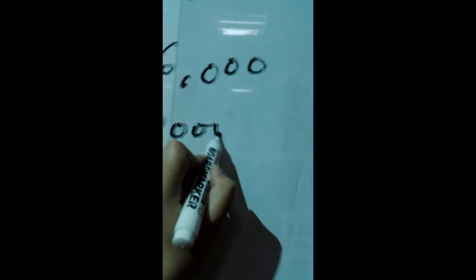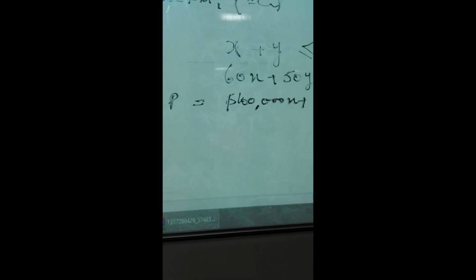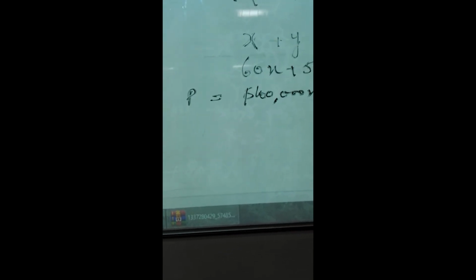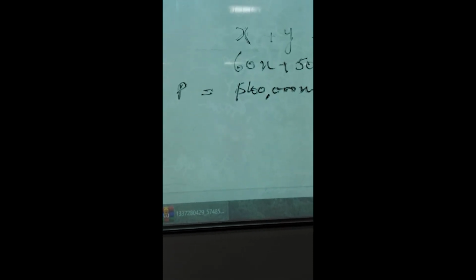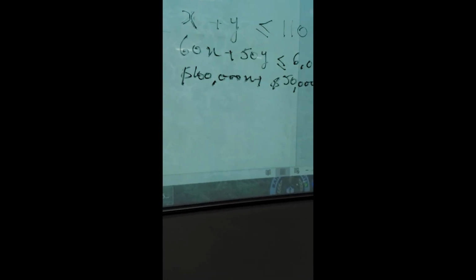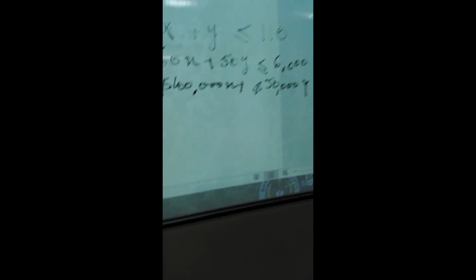$50,000 of Y. This is going to be the profit function. I would want to determine the values of X and Y, and then we'll put those in the profit function in order to determine which combination of having this section as well as the students would give us the max profit, right? So in this case, the first part is that both of X and Y,